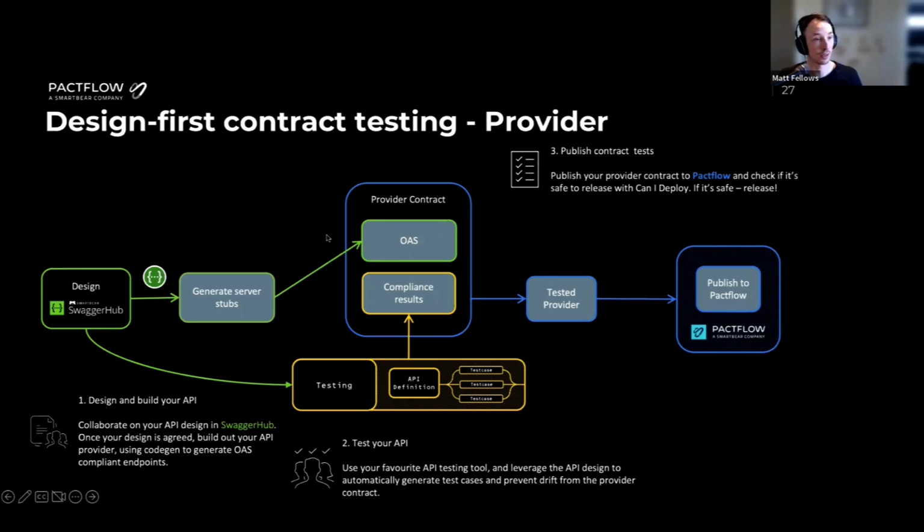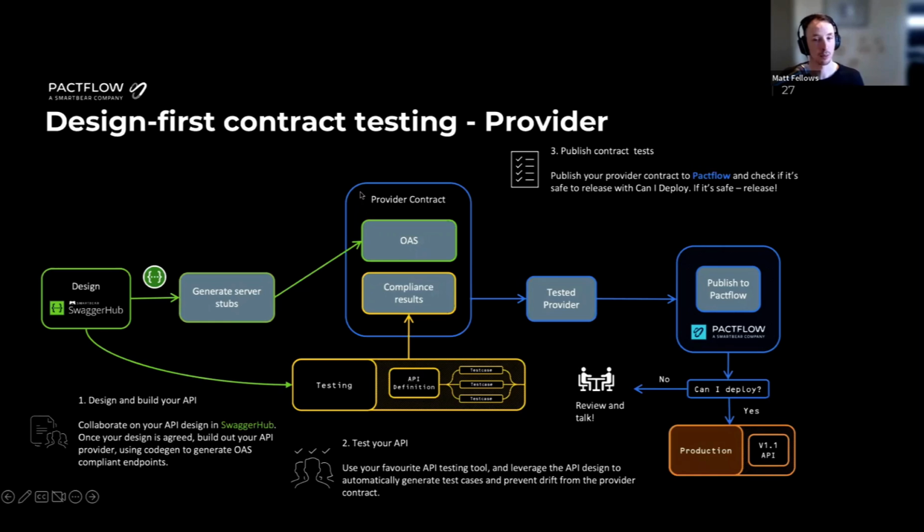And we can start to use this information when it comes to doing release checking. So at the point, we then publish it to Pactflow, and now we can use that tool we mentioned before, where we can say, is it safe to release this version of the provider to production? At this stage, we haven't built any consumers, so it's always going to be safe. But obviously, as you iterate on the API, consumers will start to come into the picture, and we'll be able to do this breaking change detection at the point of release. So if that passes, we should deploy to production.